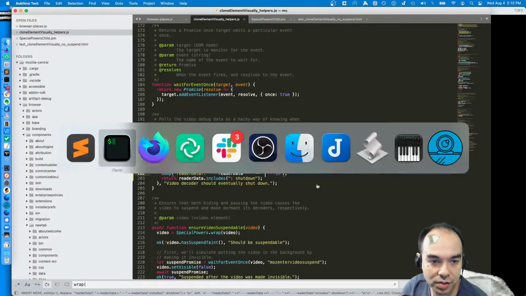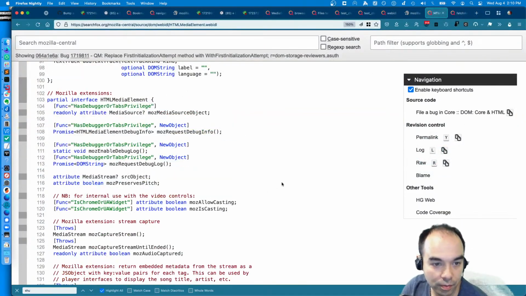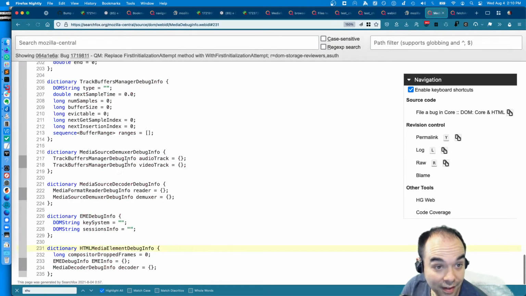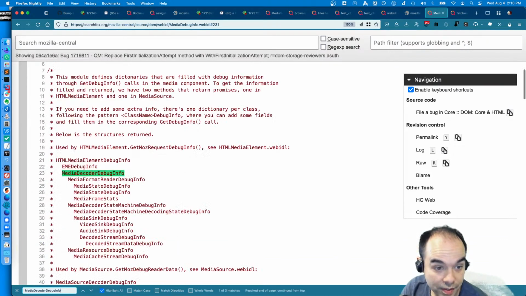I mean, I should be able to infer what it's supposed to be. It's a HTML media element debug info object, which is a what? It is a dict that has dropped frames, EME info, and media decoder debug info, which is,